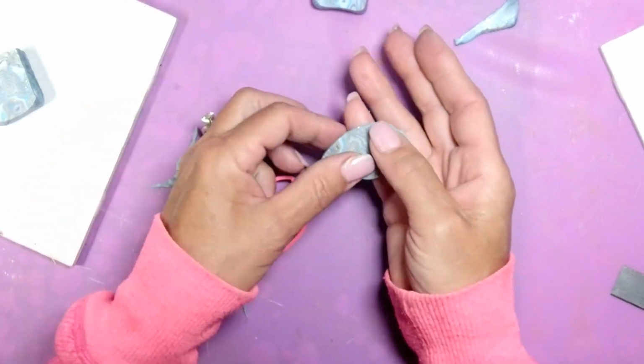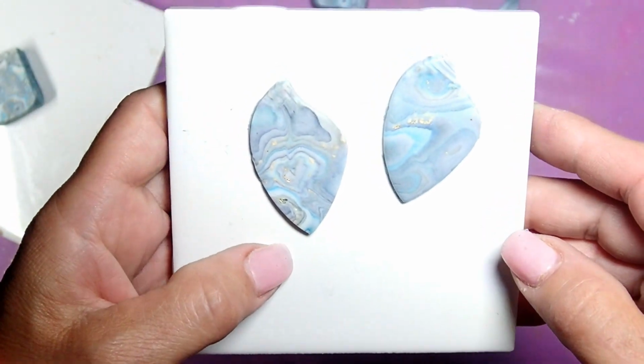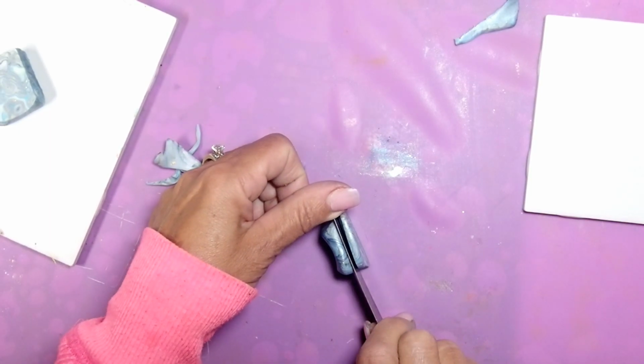So here I'm just playing with them, and all I'm going to do is you have Premo on the left, Keto on the right, very, very different. And all I'm doing is I'm just slicing and cutting. And I have a feeling that,